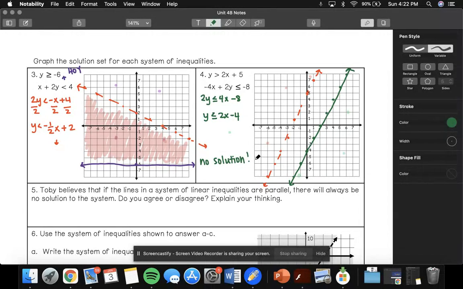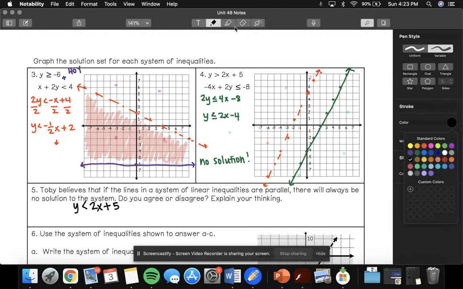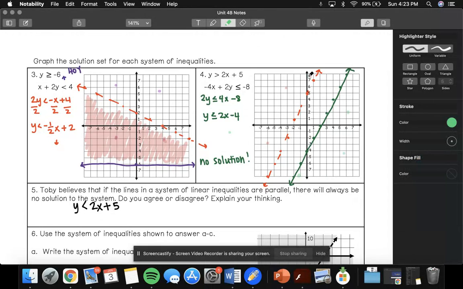Okay. Toby believes that if the lines in a system of inequalities are parallel, they're always going to have no solution. Do you agree or disagree? Well, I actually disagree, because if I were to write the same exact problem, but instead of y is greater than 2x plus 5 it was y is less than 2x plus 5, so we just think about that for a second, 2x plus 5, that would mean that our red line